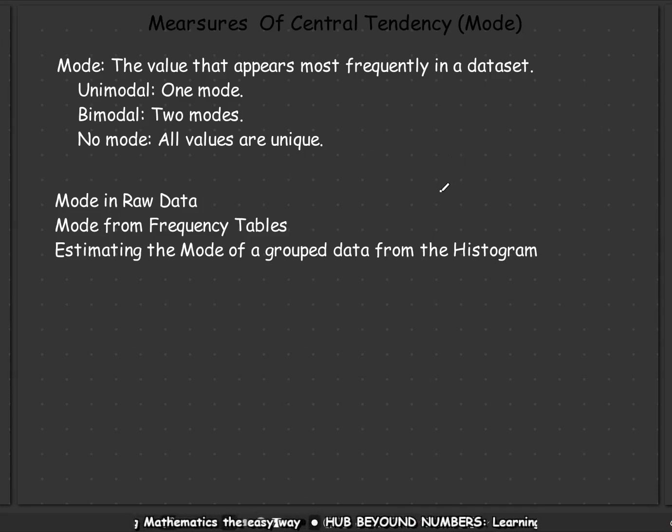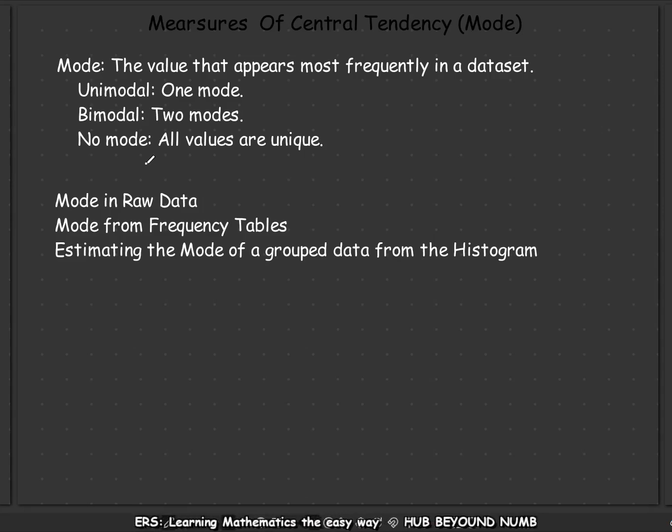There are three types of mode, or let me say two. For a data set that has only one value occurring most, we say it is unimodal. For a data set that has two values occurring most, we say it is bimodal. Then for the last one, a data set that has no mode at all, we say all the values are